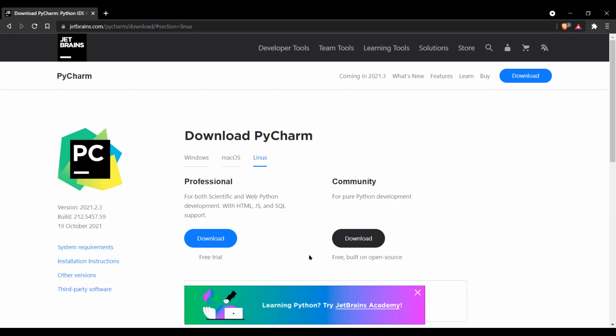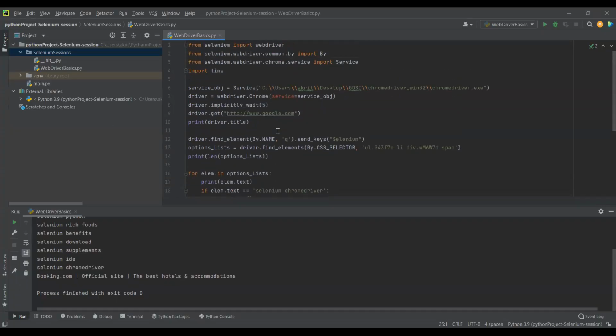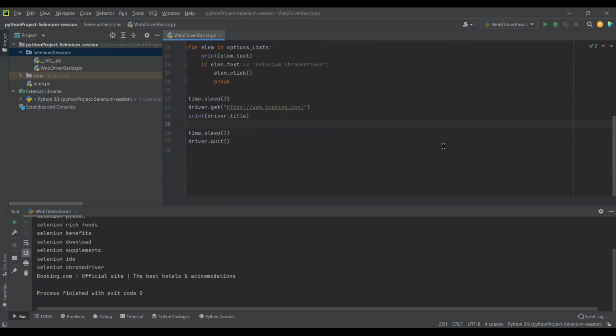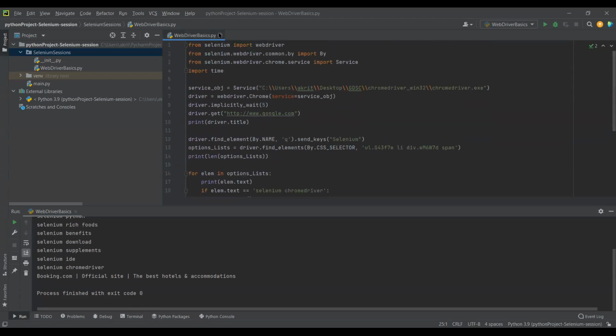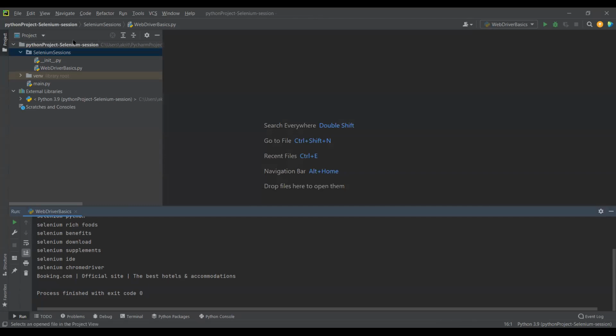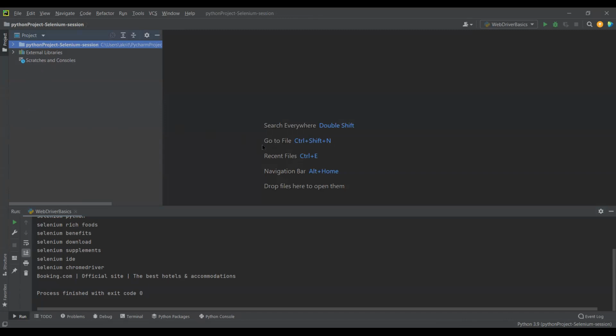And once you've done this, you have the option to open up PyCharm easily. I already have PyCharm on my system. Once you install PyCharm, you'll get an interface like this.